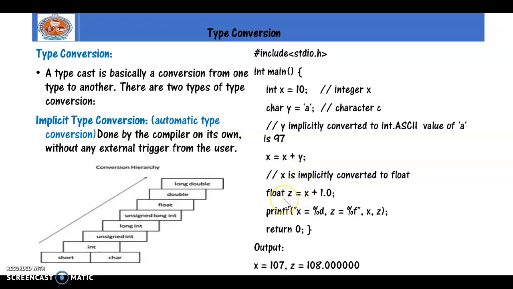And the second thing is, see here, I'm taking a float variable, that is float z, right? And here I'm adding an integer value plus a floating point value, right? And this will be automatically converted to a floating point value. Why? What is the size of the int? 2 bytes. I'm trying to convert it to 4 bytes, right? I can store a 2 byte value in 4 bytes. The only thing is the memory will get wasted, right?